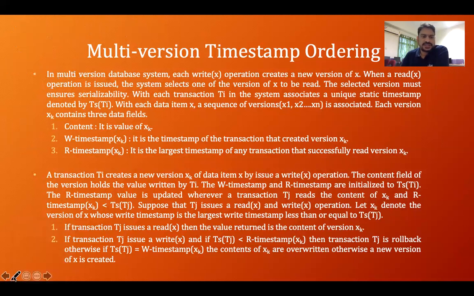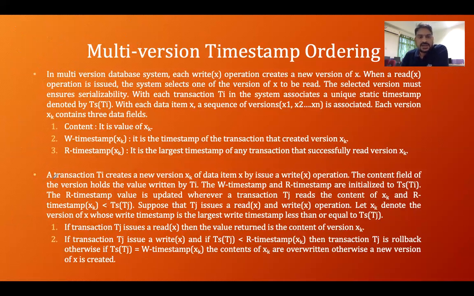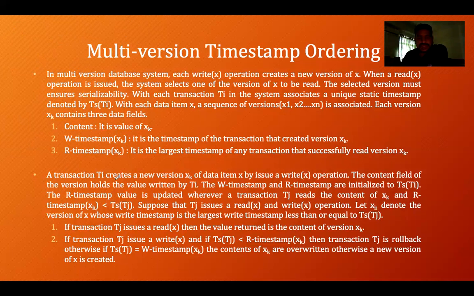The next part says that a transaction TI creates a new version XK of data item X by issuing a write X operation. What is it saying?